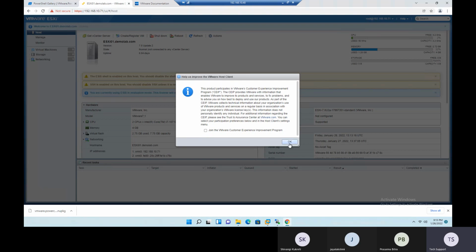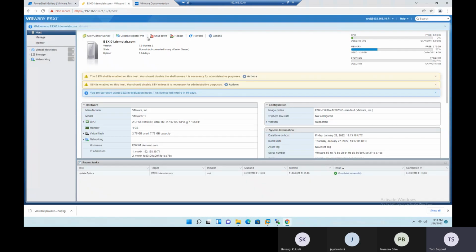Just uncheck and click on OK. Okay. Now, when we log into the ESXi server, we can see the ESXi host in the left pane. You can find the navigator. This navigator has the ESXi host and all the information on the left side, and on the right side you can see the complete ESXi host dashboard. So in this dashboard, I will explain one by one the importance of each